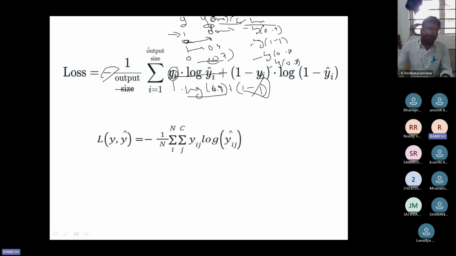What is the use of that one neuron? That will be taking the values every time, one value only we are considering. Based on the actual value, if the actual value is 1, one part will be considered, and if the actual value is 0, the second part will be considered. And if it is multiple class classification,